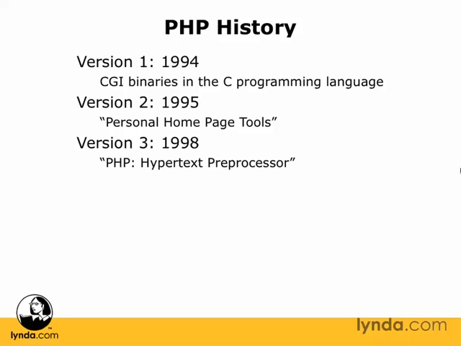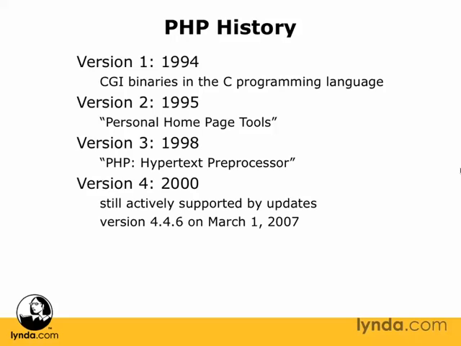In version 4, things changed once again. Suraski and Gutmans formed a new company called Zend, and Zend rewrote the core of PHP. It was a big update that made it very full-featured, and they released it in May of 2000. Now the PHP group maintains PHP, and Zend Technologies, their company, actively guides the development on the PHP that we are going to be using. Version 4 is still supported by updates like security and bug fixes. And in fact, version 4.4.6 was just released on March 1st of 2007, and version 4.4.7 is already in the